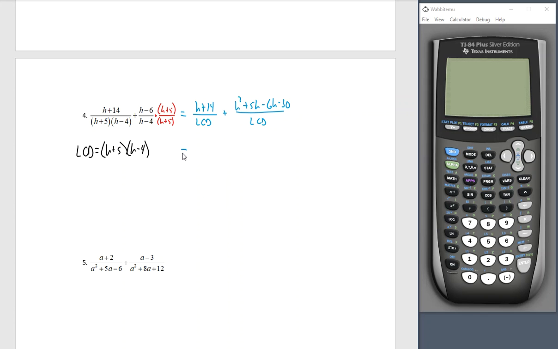So I don't. I'm going to take h plus 14 and I'm going to add to that. I'm going to add these two together. I'm going to add to that h squared minus h minus 30 all over the LCD. That's h squared. My h's cancel. I have 14 and I have negative 30. That's minus 16 over. And now that all of that work is done, I'll go ahead and put my actual